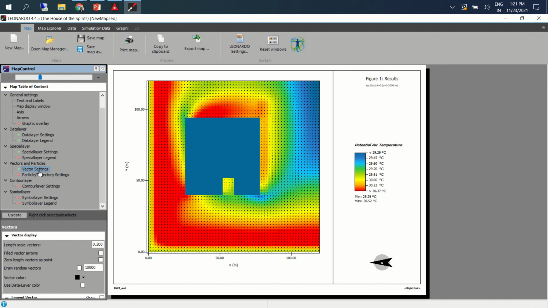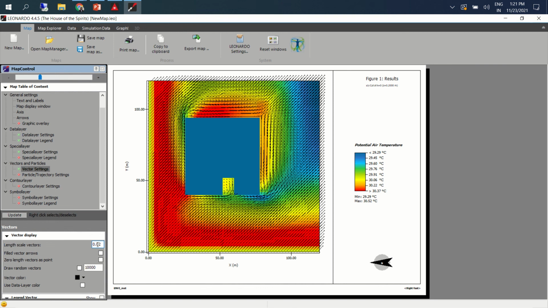Both the clicks will work; for some, right click will work, and for some, left click will work. We can actually superimpose the vector information here. Let's say I'll just put 2. This is for wind direction. Let's say we can keep 10,000.